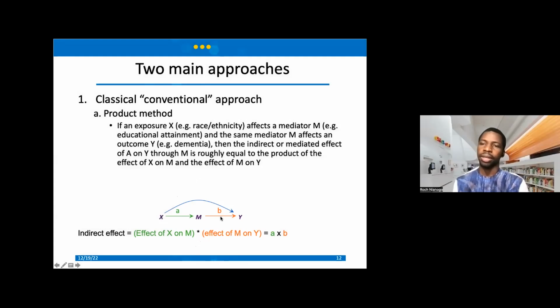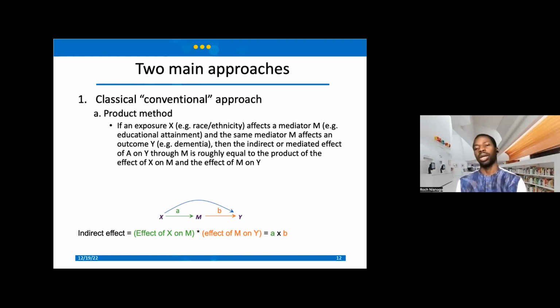Again, you can think about it as a standardized regression coefficient. And then the indirect effect would just be calculated as the product, or the multiplication, of those two effects, right? So this is fairly simple, but as we'll see, there are some pitfalls here, right? For one thing, this works well, especially when we have a linear system. But when the system is not linear, when we think about logistic regression, Poisson regression, it may not be as such, right?